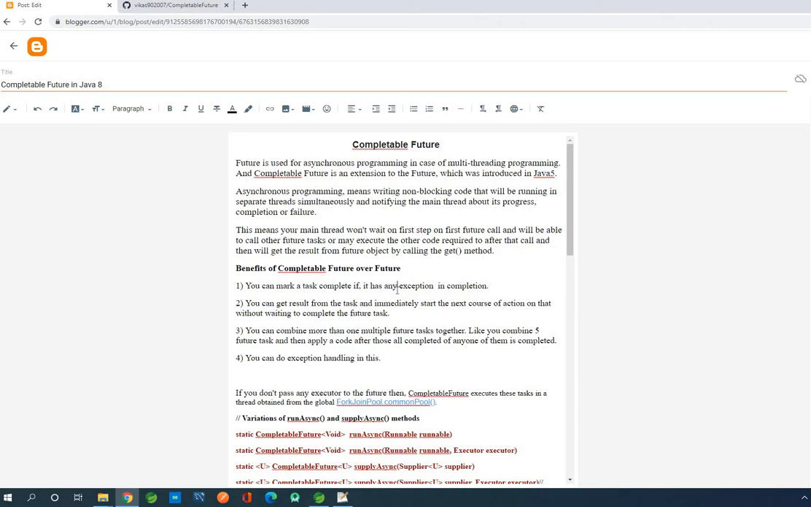In layman's terms, suppose I have three independent tasks and I have to perform all of them in different threads. Then I will run three futures, and those will run separately and independently, and after completion they will notify the main thread. That is called asynchronous programming, and that is the reason why Future was included in Java. But how is CompletableFuture different from the Future that was included in Java 1.5,